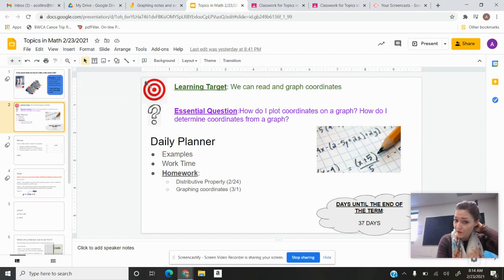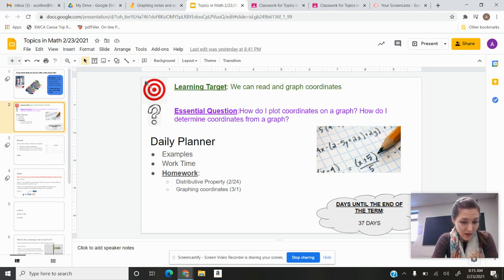Hey guys, today we are going to continue talking about graphing coordinates, and we're going to specifically focus on finding the slope and y-intercept in an equation. The essential question is, how do I find slope, what is slope, and how do I find the y-intercept, and what is the y-intercept? We're going to review, and that review is going to lead directly into what we're doing today, finding the slope and y-intercept, and the rest of the time will be yours to work on that